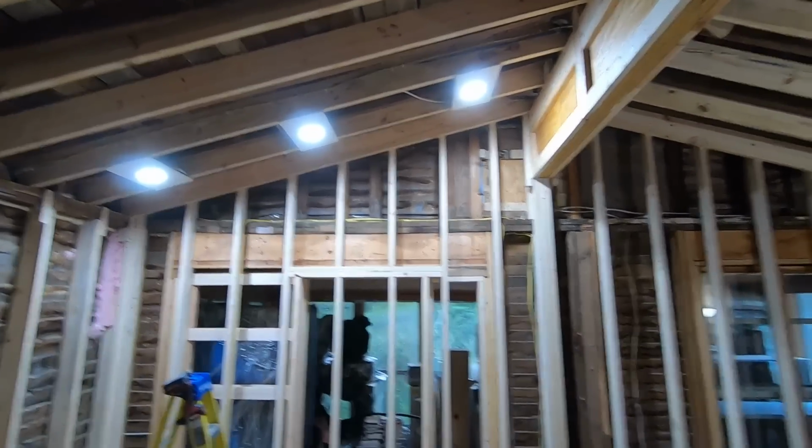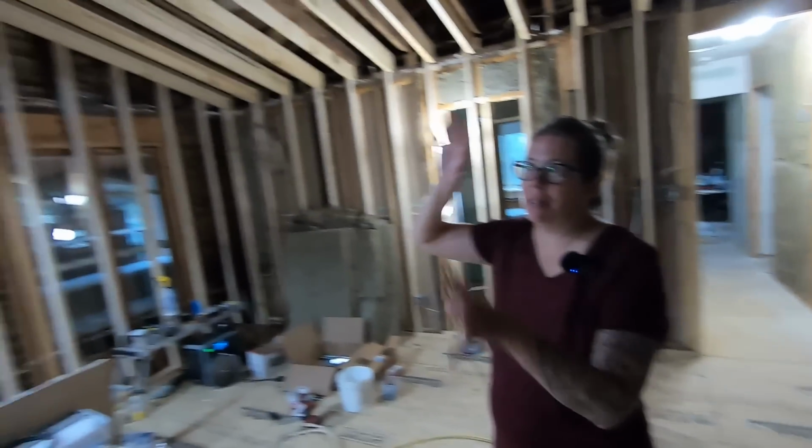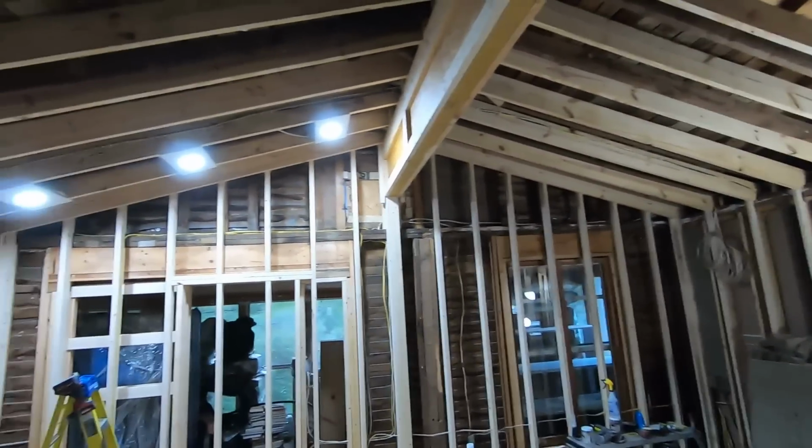Trying to figure out placement of the lights along... I really can't talk. This is gonna be a fun walkthrough. Katie, take it away. Okay, so he was trying to find the correct placement so that we didn't have shadows, and also these lights